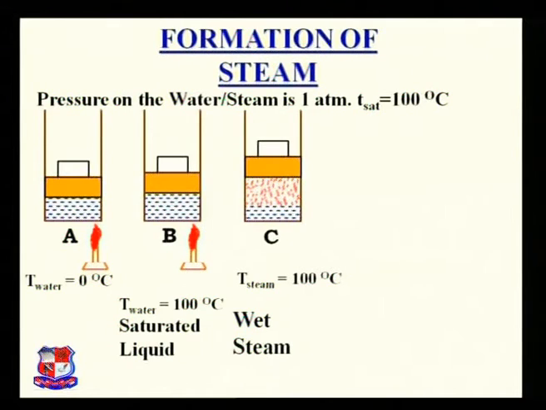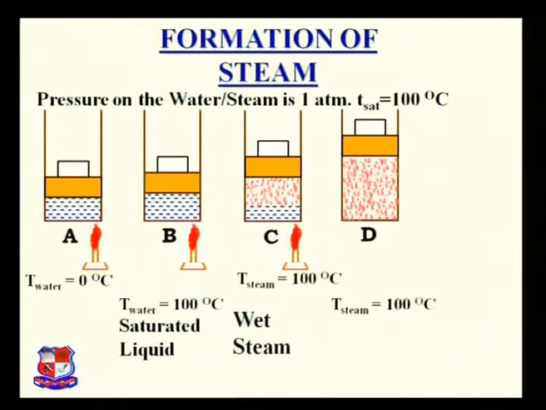If we want to generate 100% steam, we have to heat it again. When we start heating it again, the whole 100% of water is converted into steam, and the temperature of the steam remains the same, that is 100 degree centigrade. So you can observe that during state B, state C and state D, the temperature remains the same, that is the boiling point temperature or the saturation temperature, and this happens because it is a phase transform